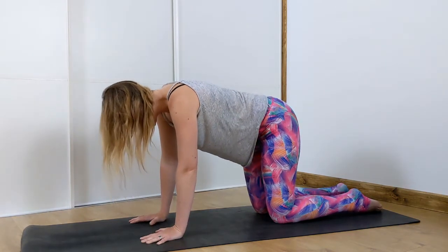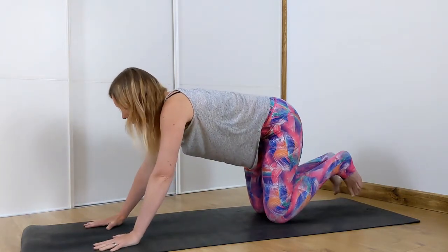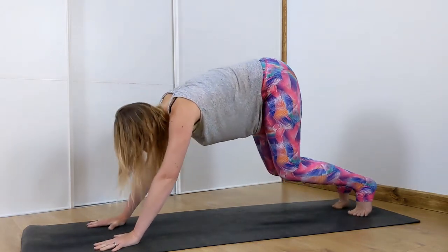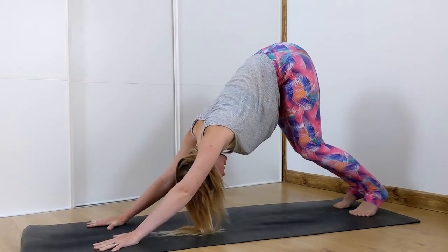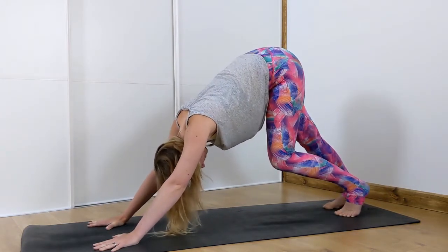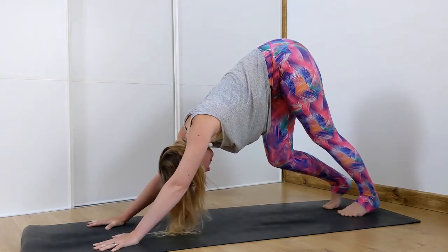And then coming back to neutral. Take the hands out slightly further past the shoulders, tuck the toes, hover the knees off the ground, push your belly button towards your thighs and your bum to the sky. Keep the knees bent here and then straighten out one leg,